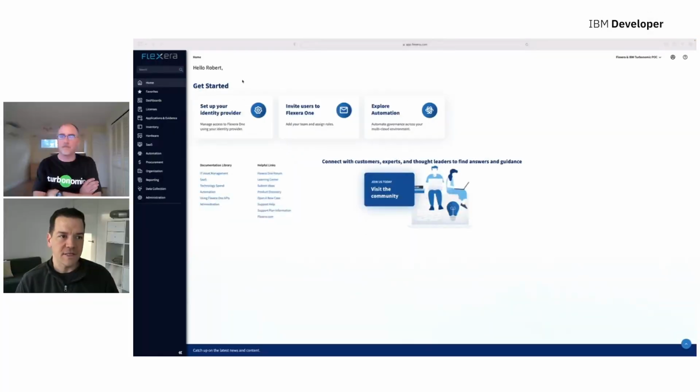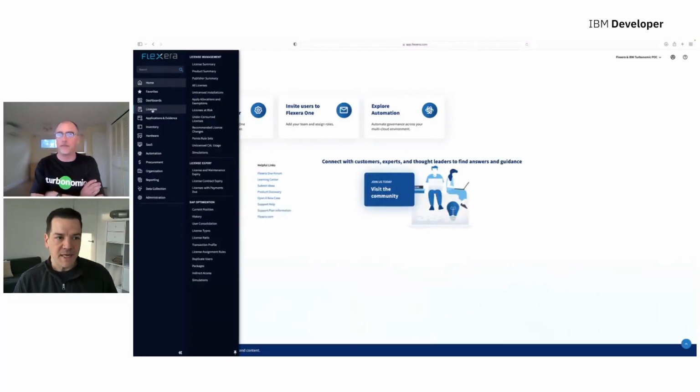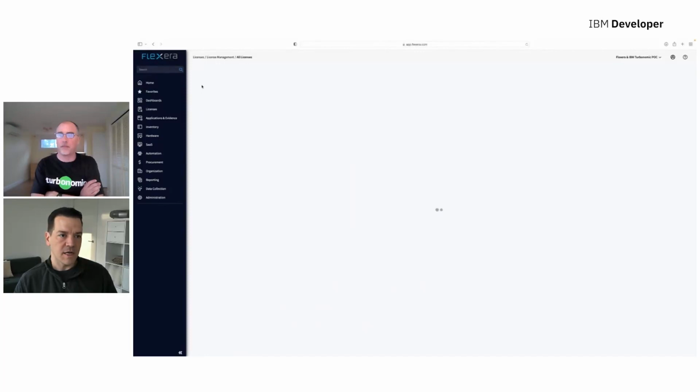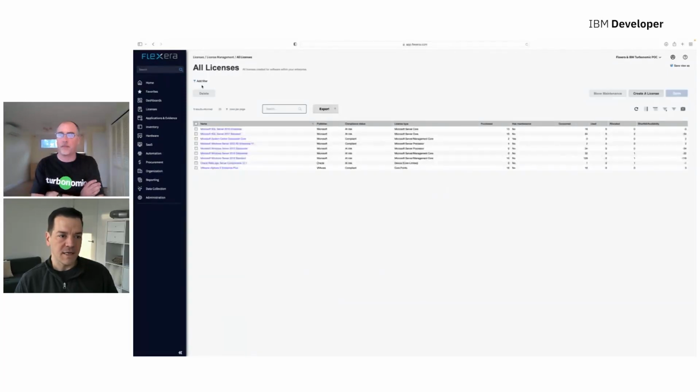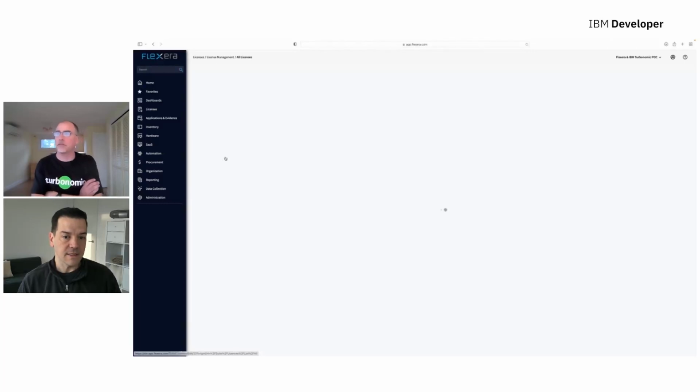So right now you can see the Flexera One homepage. One of the key aspects of Flexera One is managing your IT asset licenses. So if we go into all licenses, you'll see what applications you have licensed in the estate. And so today we're going to be doing a demo for some Microsoft Windows Server licenses. So for example, if I open up one of those licenses,